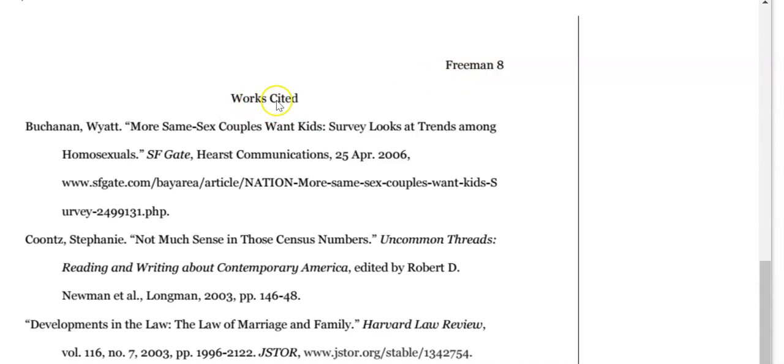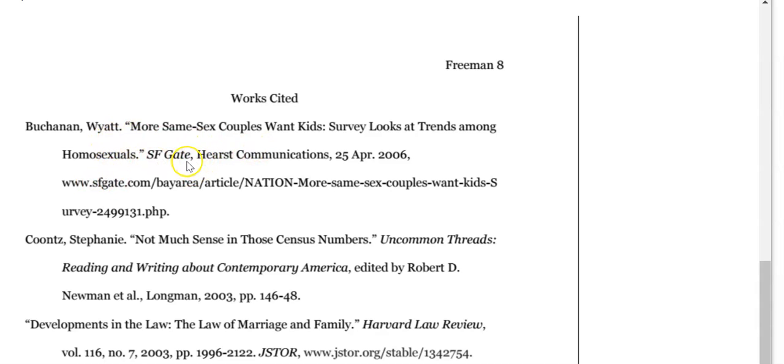You will include the title, Works Cited, and then list all of the articles, books, websites, or whatever sources you used within the essay. These are in alphabetical order, so if the person's last name starts with a B, you'll go all the A's, then all the B's, C's, D's, etc. in that order. This is, again, MLA style.